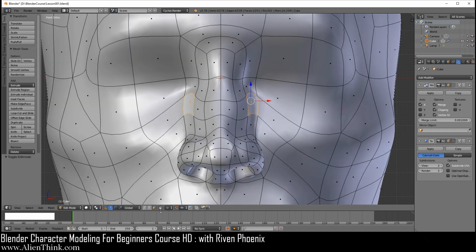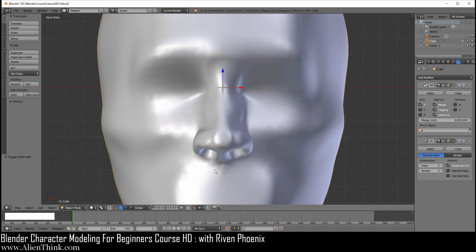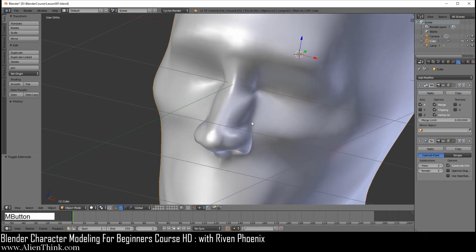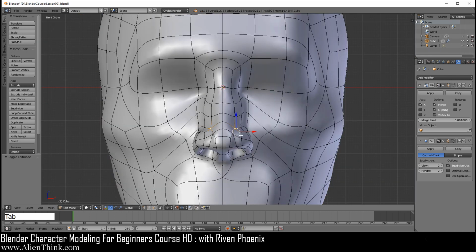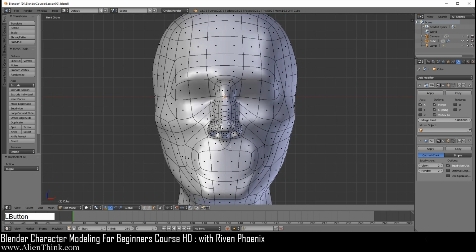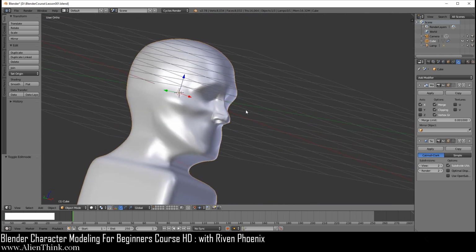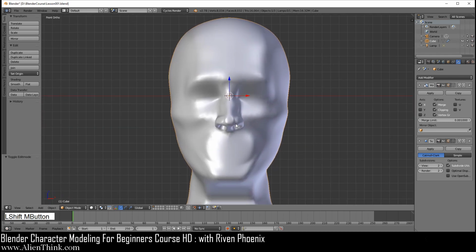Okay. So now over here, if I click this, I can create really different types of noses. So I can click on this and do 1, 2, just to fatten it up over here. Okay. So meaning that you can modify this concept here a little later. But right now we're just going to keep it like this over here because we still have to do other features of the face. Okay, so let's take a look at where we are. If you click on this one. Okay. So now you can see if you look at it from different angles, we've got the nose defined very quickly using this formula-based system.